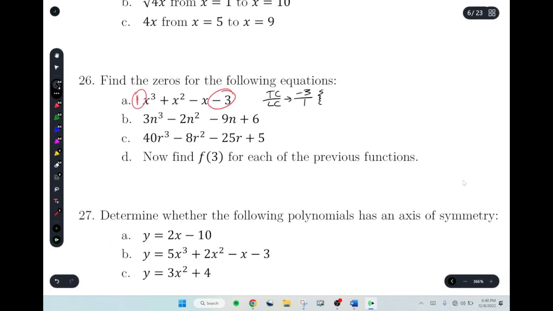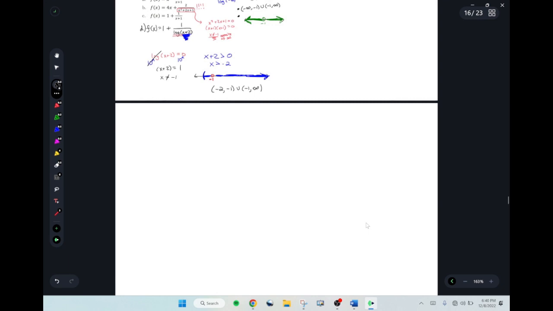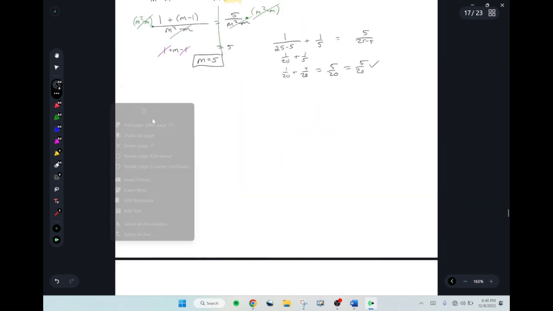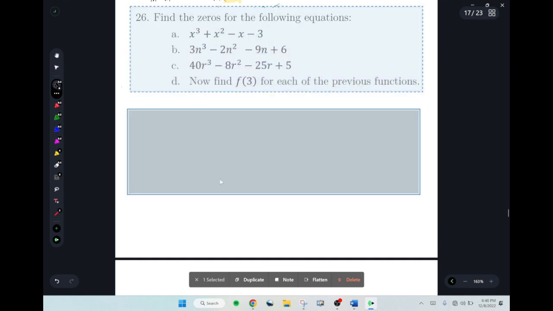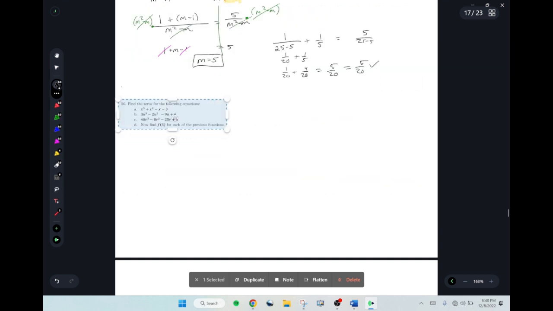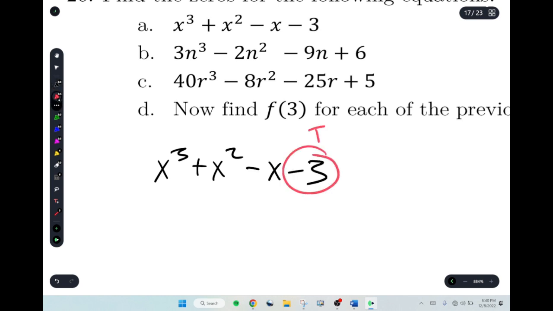Okay, now I definitely don't have enough room for this one. I'm going down. Sorry. Gotta go. Because we're going to do some synthetic division to find the right solution. Okay. So we've got x cubed plus x squared minus x minus 3, where the negative 3 is your trailing